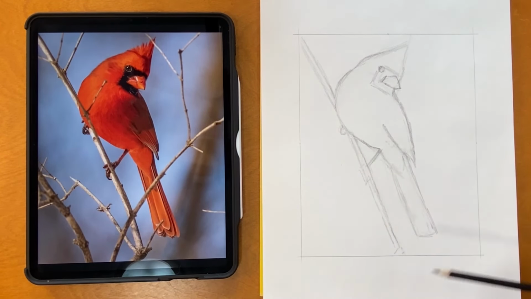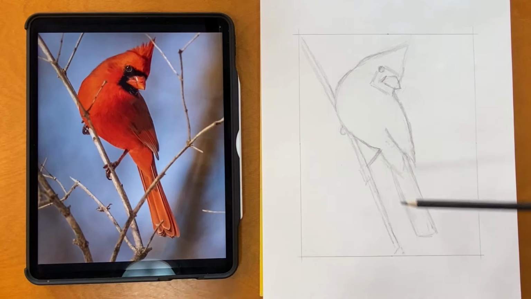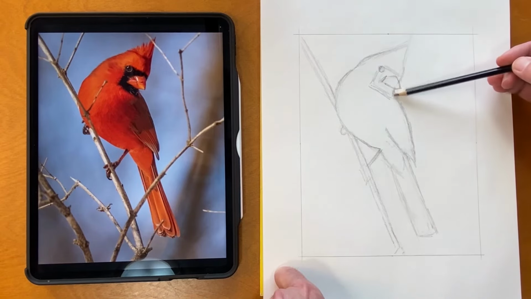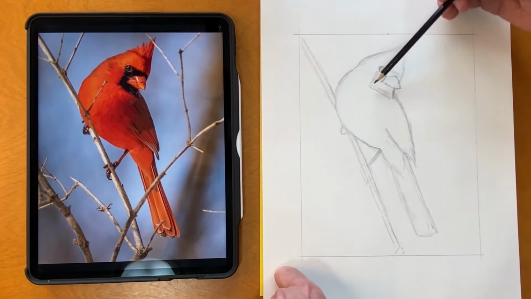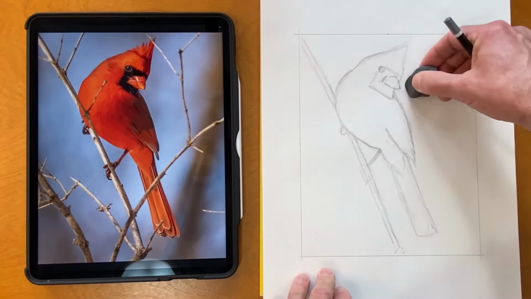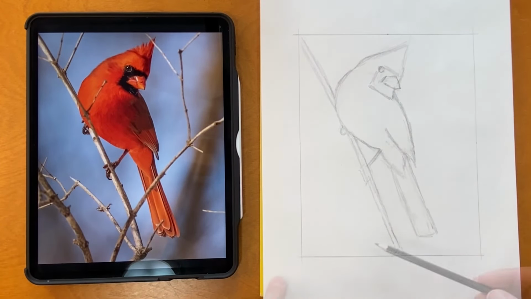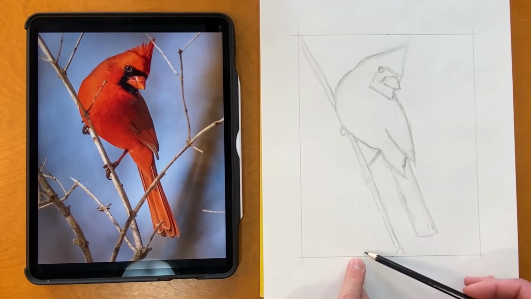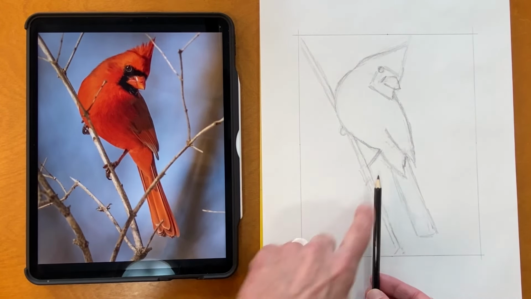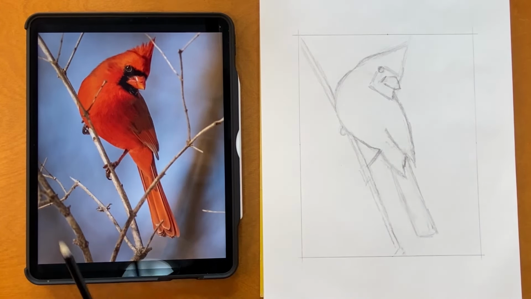Circle for the other claw. Okay. This area here also feels like it needs to be a little bit longer, like this. Good. I think we can also add this branch, which if I'm going to plumb a line from the claw,